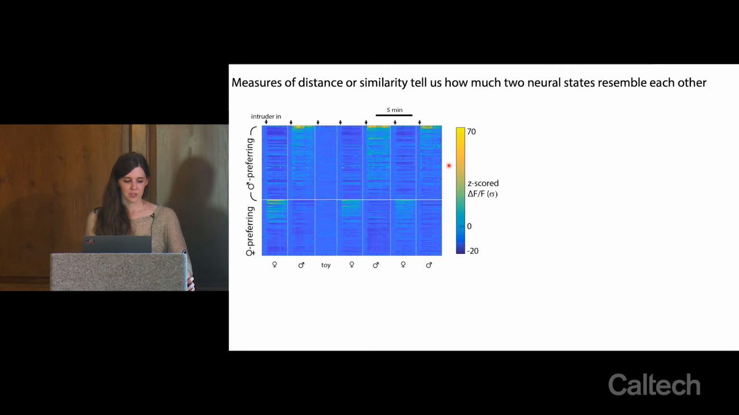So after decoding, there are measures of similarity. Rather than saying, can I distinguish these two things or not, you might want to say, how similar is the neural response to stimulus A versus the neural response to stimulus B? In this case, we had a data set where we were imaging mouse responses to males versus females. We saw that there were cells that were preferentially active in the presence of males and cells active in the presence of females, but we wanted to put a number on that and say how similar these states were